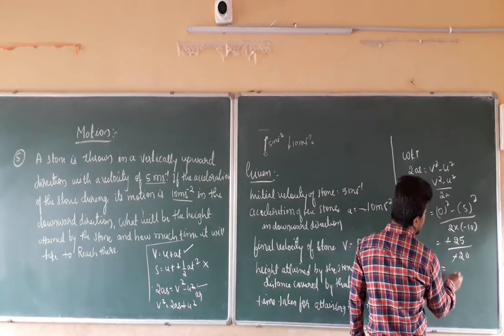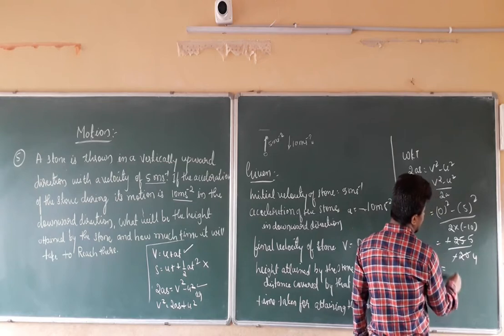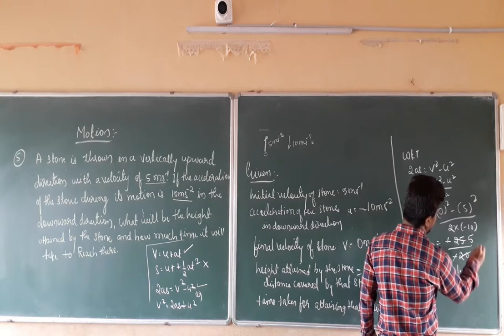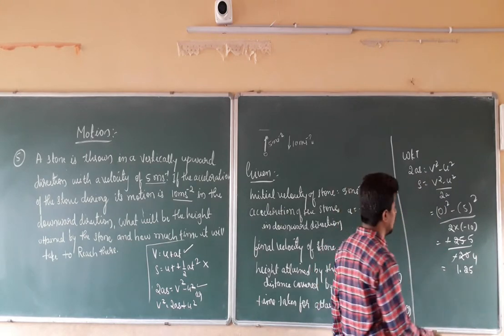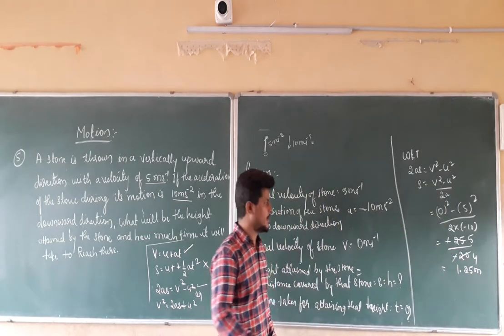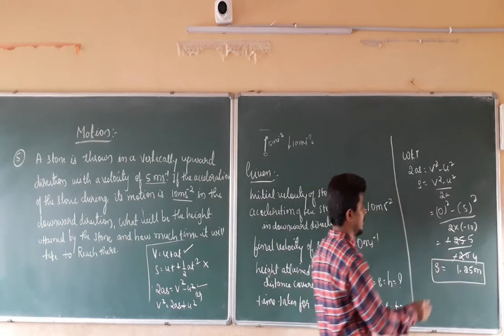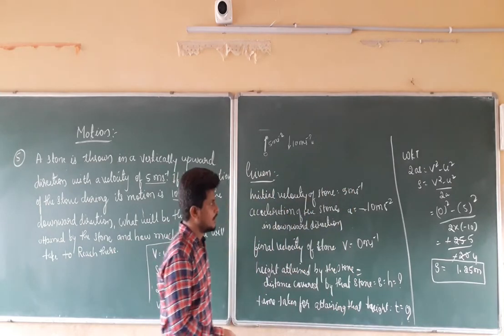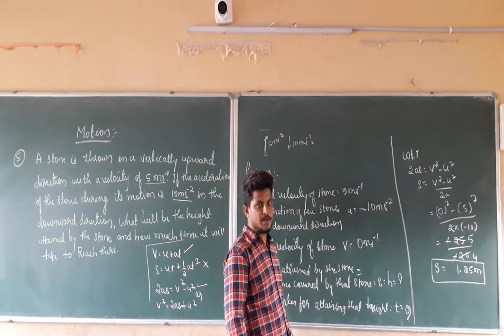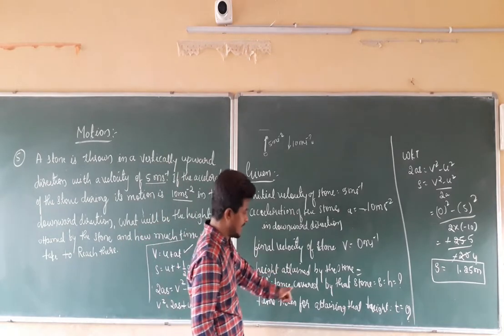Now that equal to how much? 5 5s are 25, 5 4s are 20, that will be equal to 1.25. It will be equal to 1.25 meters. The height of the object will be 1.25 meters. That is nothing but S equal to 1.25 meters. I hope this is clear. S is nothing but what? It is equal to the height of the object which is attained. Clear? I hope this is clear. That is how to calculate the height attained by that object.